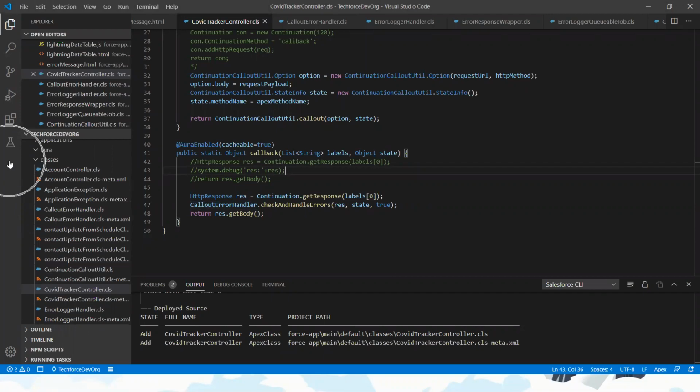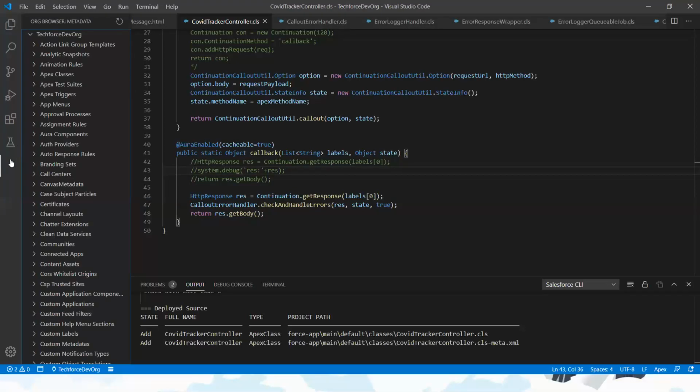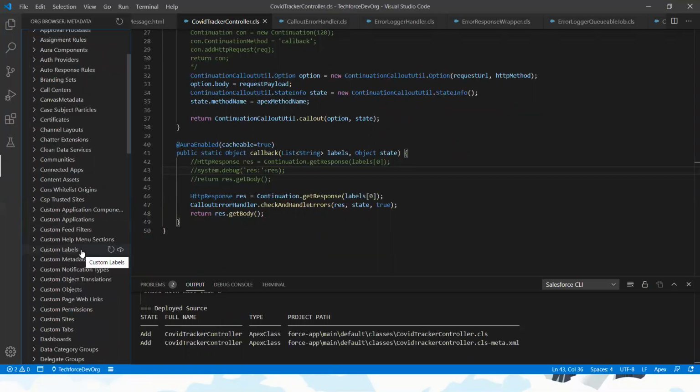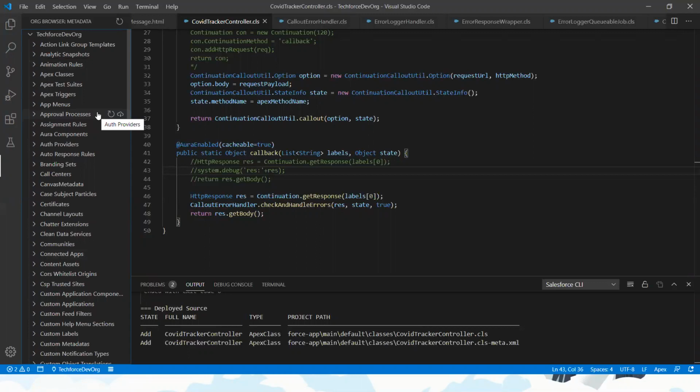You guys are seeing this icon, the Org Browser? Yes. Okay. So using this Org Browser, we can get all the org's retrieved components. If you want to change any of the existing components, you can go and pick that particular component. Or if you want to create a new component, you can straight away create it. Instead of downloading all the components, you can pick the exact component. So that is the feature of the Org Browser.